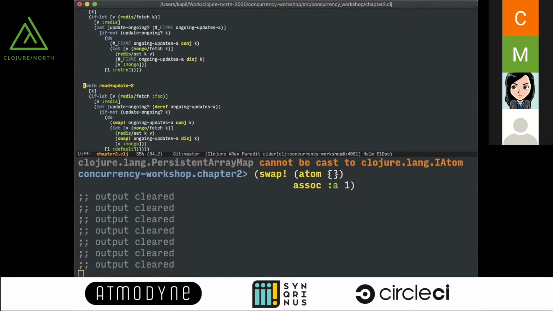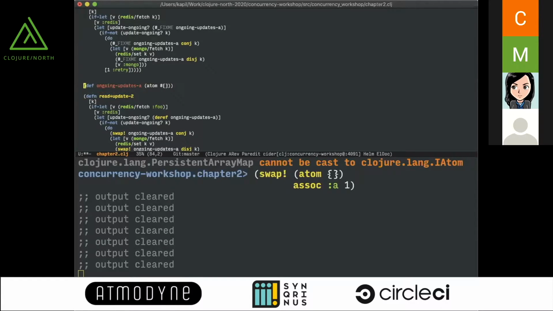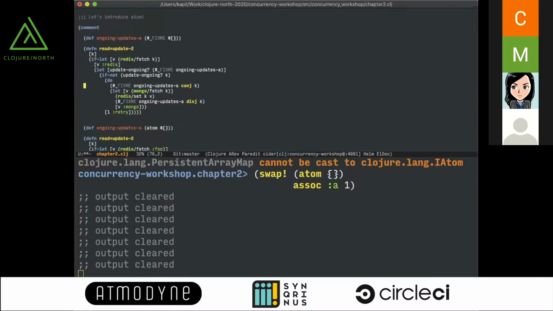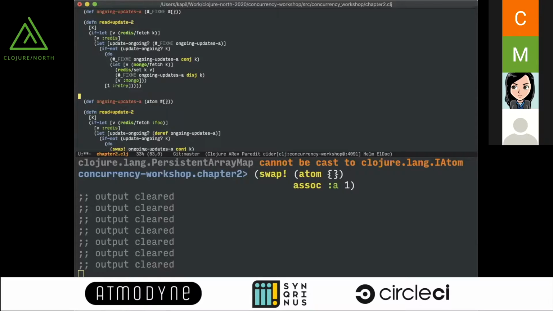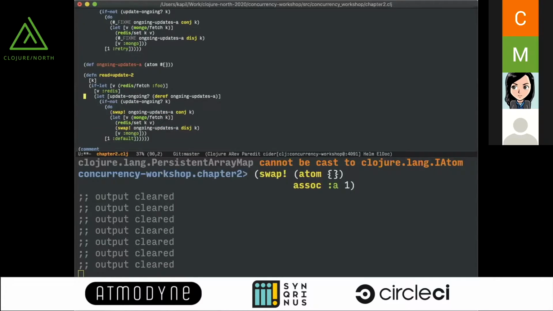So this is his version of read plus update -2, and he has also used an atom. So if you go back, the obvious choice here is to use an atom because it's just a single register update. Now we are going through the function, and here it's interesting to note that we are just allowing